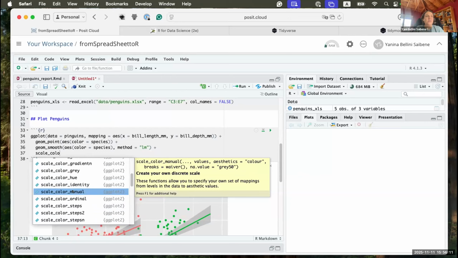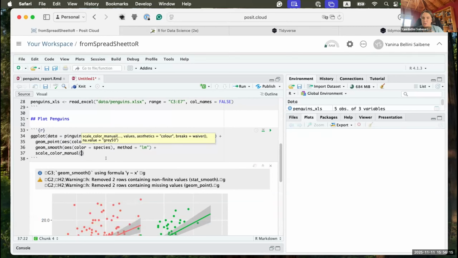We are going to use scale color manual, because I want to choose what color we are going to give to each one of the species. In scale color manual, we need to give the values, as the small help shows us. So we're going to say values, and we are going to use a new function called c,